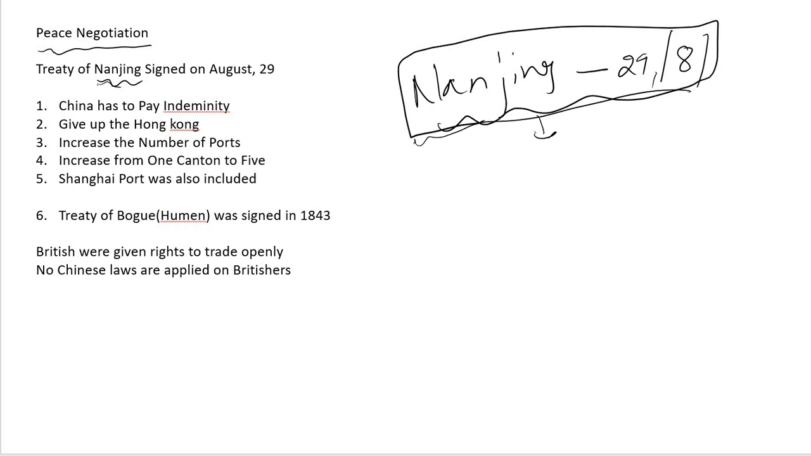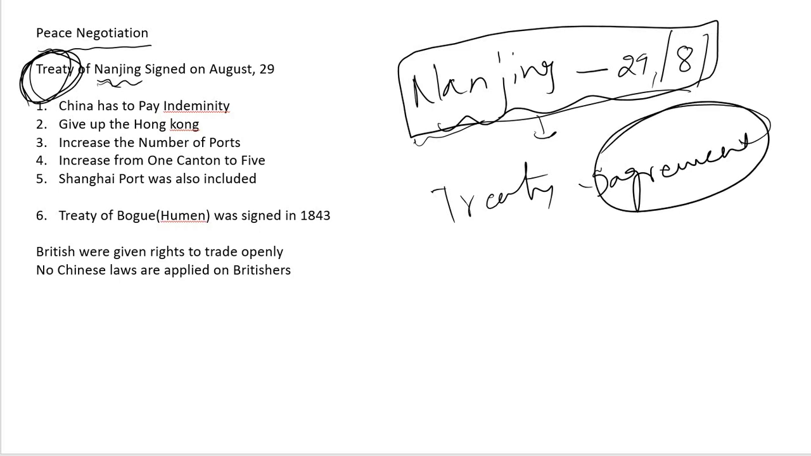Next, what was there in the treaty? What do you mean by a treaty? A treaty means it's an agreement that will be signed between any two countries or any two parties. So inside the treaty, the first point was China has to pay indemnity. What is indemnity? Indemnity means the Chinese itself has to pay the security